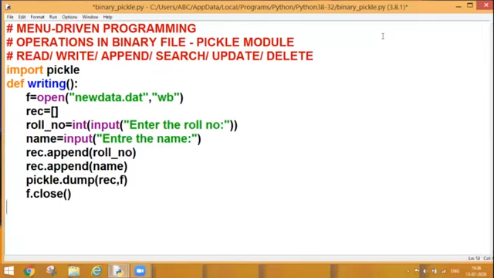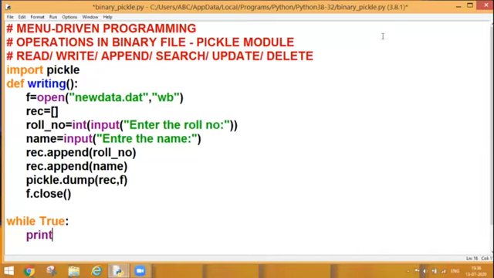After that, now I need to run my function. How can I run it? Either I can write the writing function call directly over here and run my program. But as I told you, I'm going to create one menu driven program. So let's start with it. My first step for that is while True, because I want to run all the steps one by one, again and again.